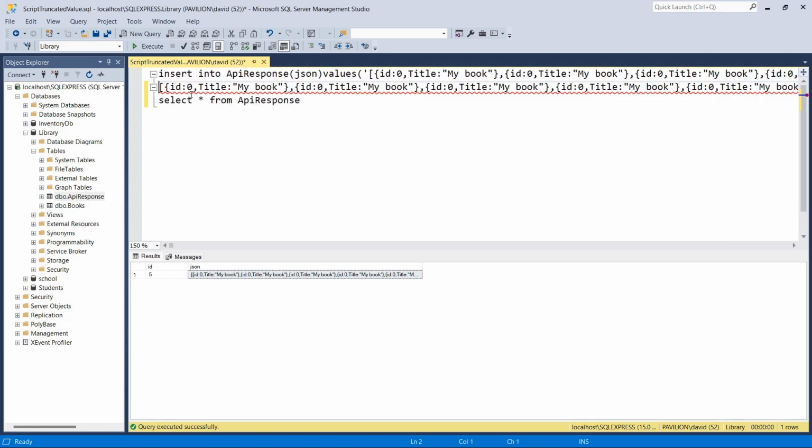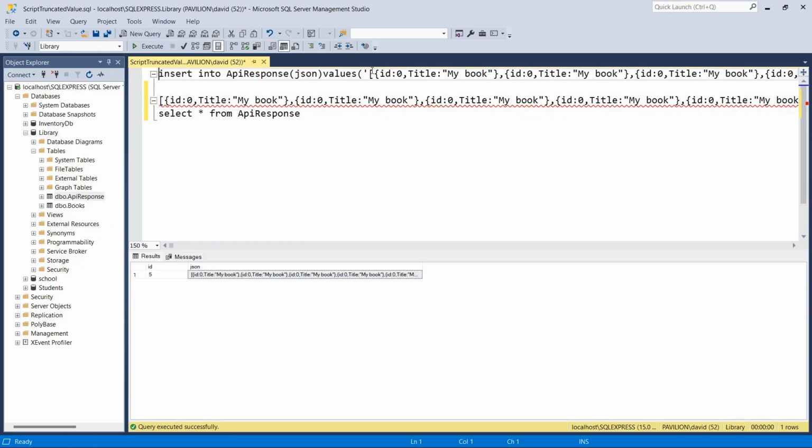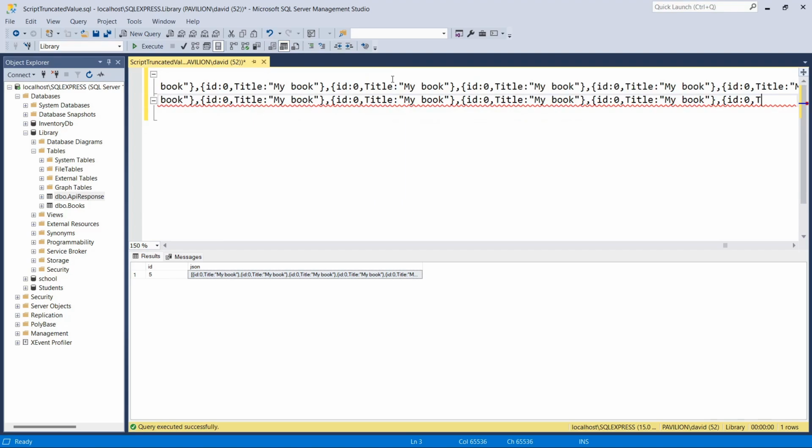I'm going to compare this with the original string. It was truncated in this position. If we check the position of the column, it is 65,536. What's happening here? Let's investigate